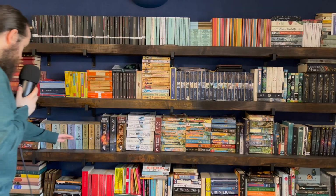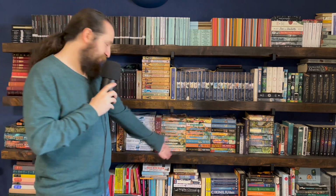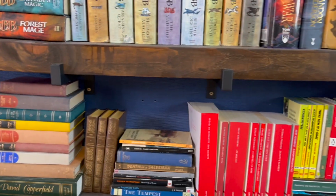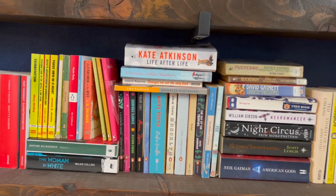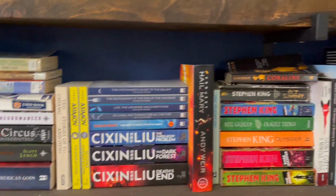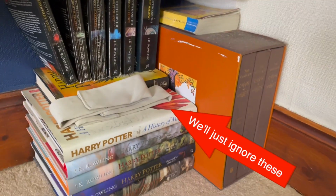And then there's the problem with the bottom shelf, which is, we're at the bottom shelf. What do we do now? What's the classics? Okay, we got classics, we got fantasy, we have science fiction. Actually, we don't have science fiction, so let's have a science fiction section, but we don't have enough science fiction, so it's just a bunch of plays and random older books, and then some cool vintage, and then just general good fiction. Just generally good. Followed by a small section of actual sci-fi, horror, and graphic novels, and the requisite Calvin and Hobbes underneath, which you probably can't see, because